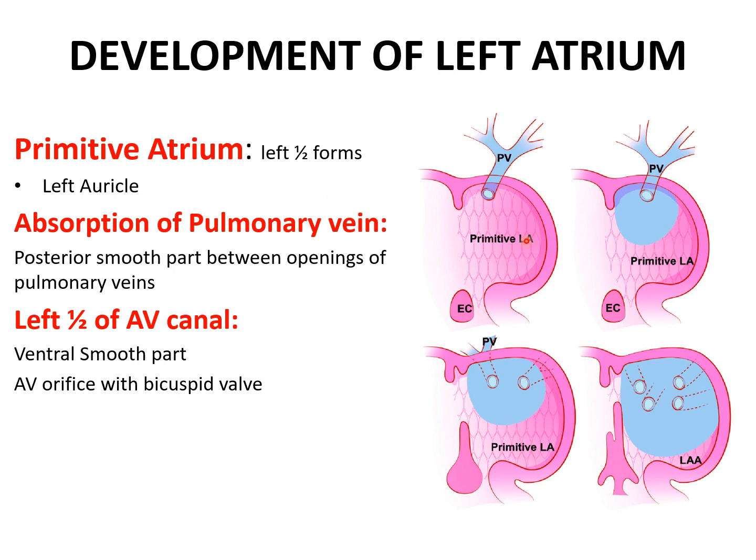While the left side of the primitive atrium leads to the formation of the rough part of the left atrium, plus it also leads to the formation of the left auricle. Now, the rest of the left atrium, the majority part, is formed by absorption of the pulmonary vein, which can be seen as a single opening in the beginning. And this pulmonary vein has been formed by angiogenesis and is connected to the left side of the atrium.